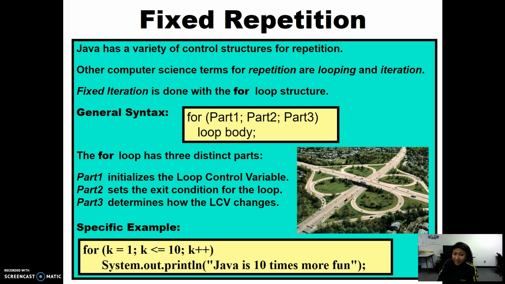What is a for loop command? It is basically a looping statement that is able to control how many times a certain body of code needs to be repeated. So in this case, this is a general syntax. So you have the word for, simple brackets, and there are 3 parts in your for loop. Okay, so part